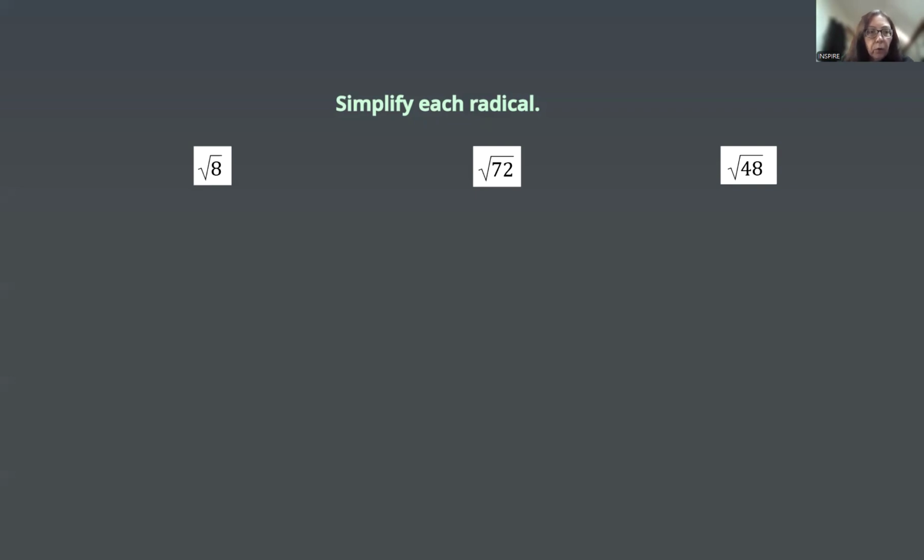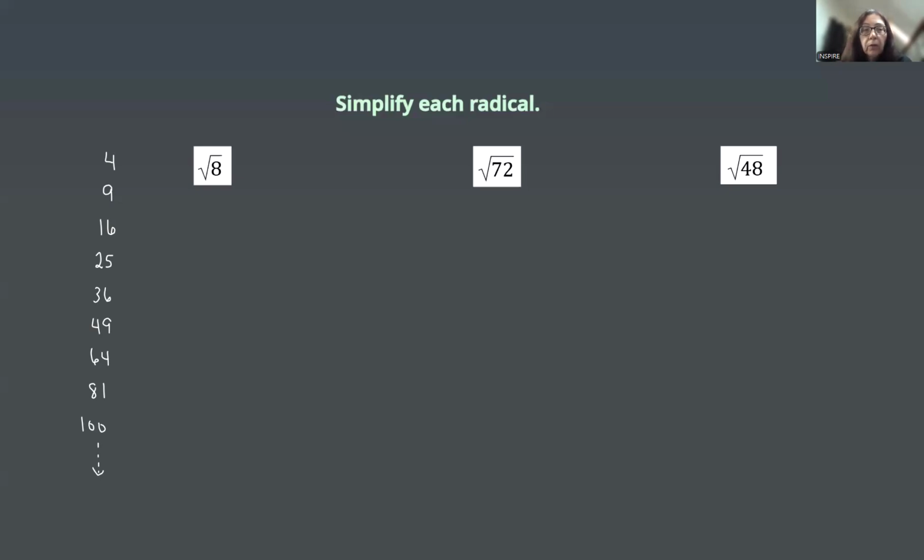2 squared is 4, so 4 is a perfect square. 3 squared is 9, 9 is a perfect square. 4 squared is 16, 5 squared, 6 squared, 7 squared, 8 squared, 9 squared, 10 squared, and so on. These are your perfect squares. So what you want to do is find the biggest perfect square that will go into the number under the